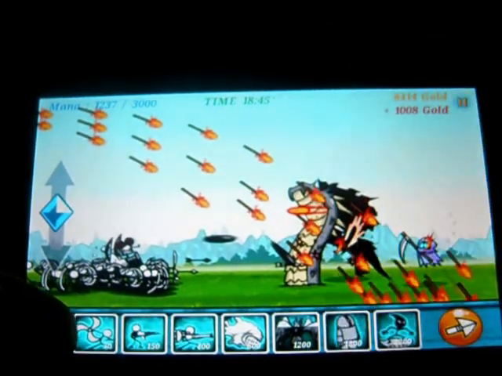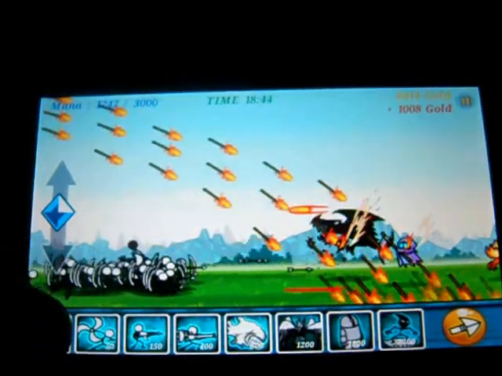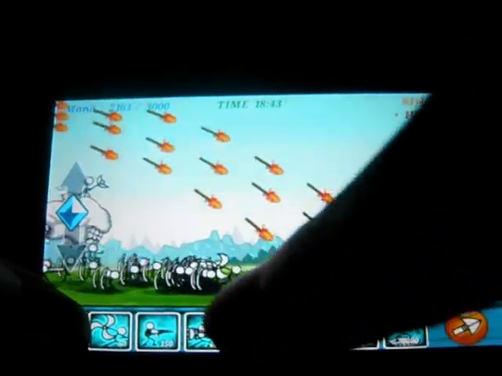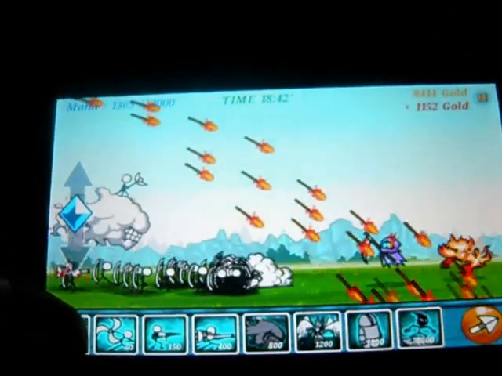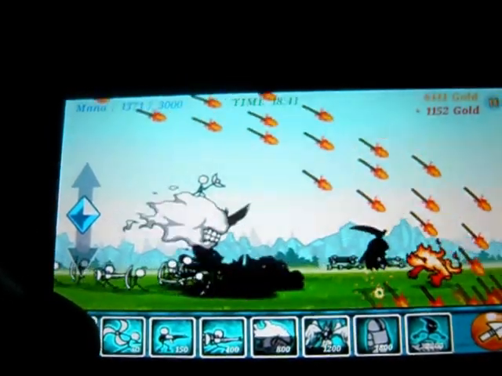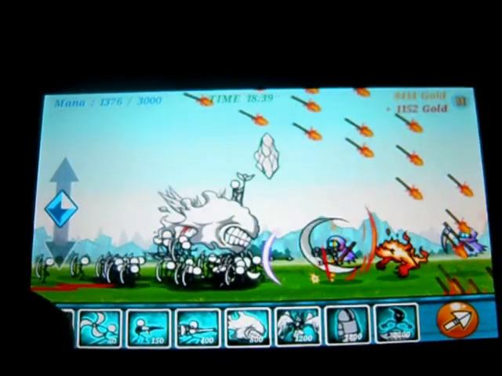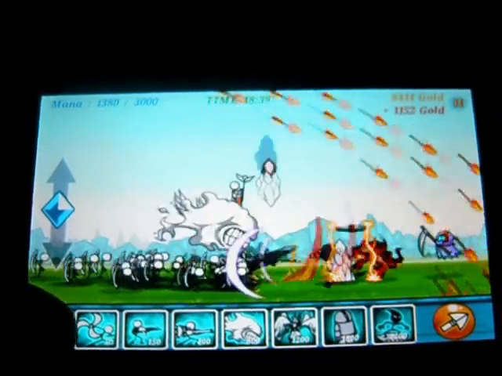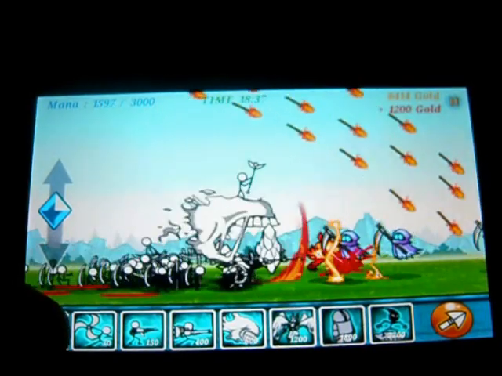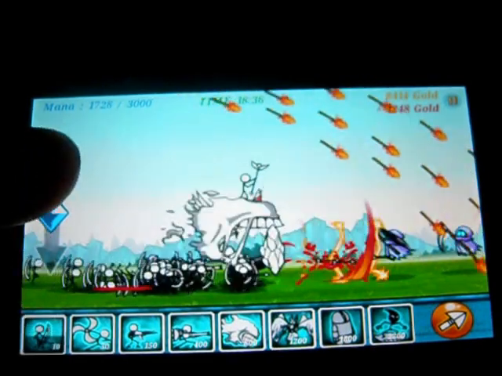As you can see, if I didn't have my arrows to stop the dragon from moving forward, the magician is the one that is doing the lightning and the ice, and the big flare of red, that is done by